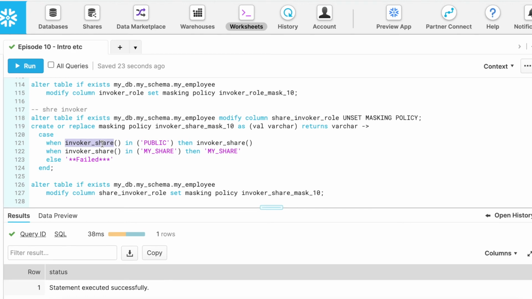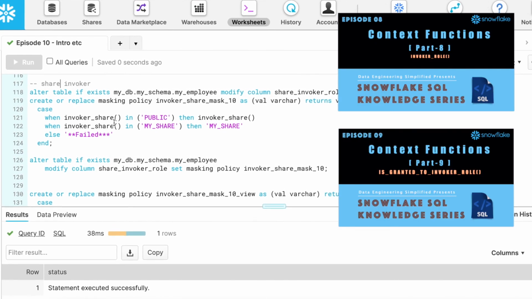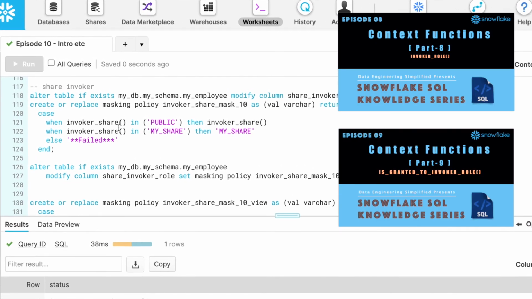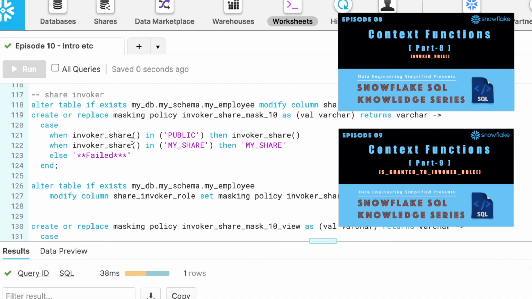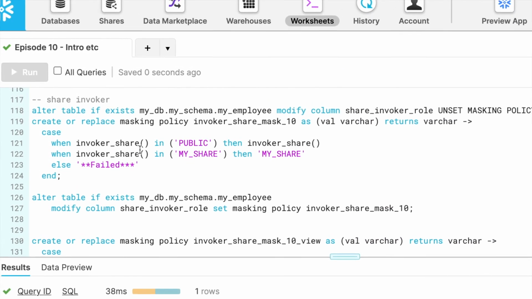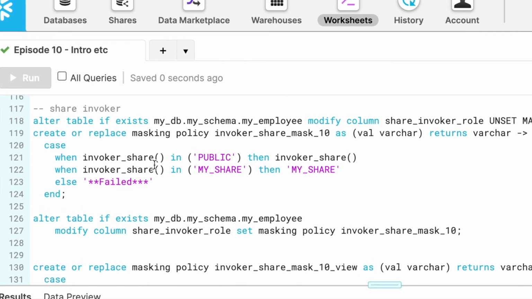I hope I managed to bring enough clarity on how this invoker share function is used. If you have any specific use case which you would like to share with me and explain your problem statement, I can make another video involving all the invoker functions, like invoker share is granted to invoker role as well as invoker role. So this video and the last two videos, which are primarily related to the invoker function, help you understand how invoker role is granted to invoker role as well as how the invoker share context function works. And if you have to secure your data and make sure that your data is not being leaked, you have to implement it appropriately and test it thoroughly.